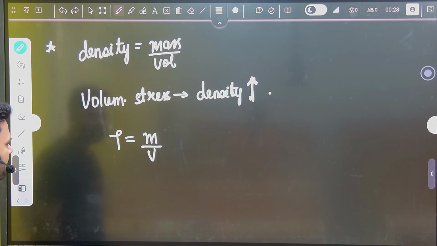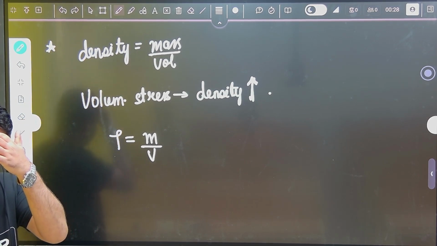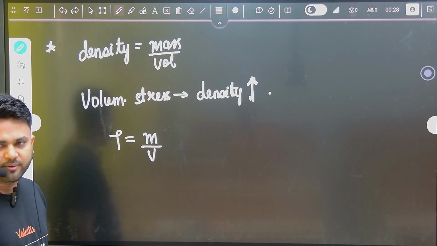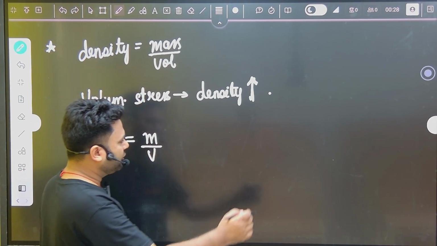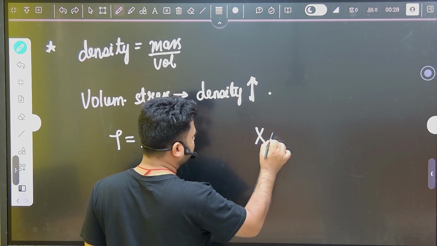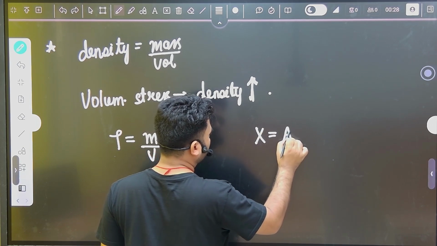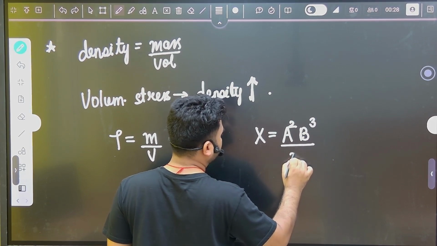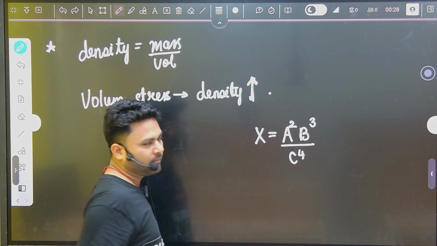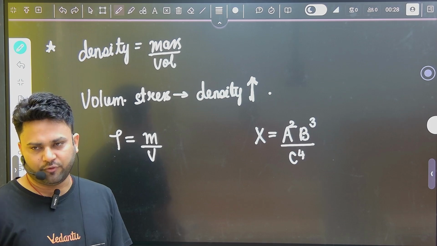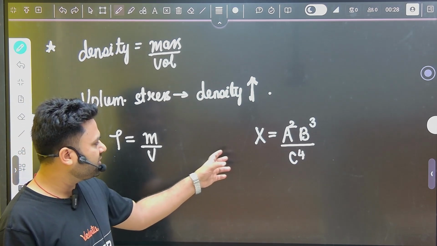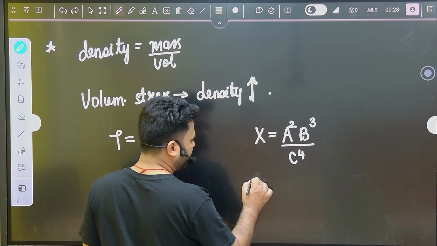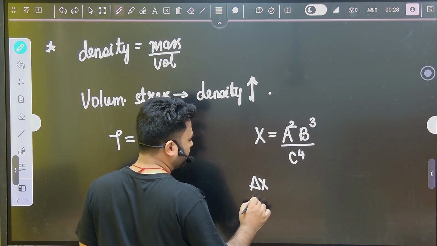From the unit and dimension chapter, suppose x equals a to the power 2, b to the power 3 divided by c to the power 4. Suppose you forget what was there in that chapter, for that sake I am telling you this. What we can write, delta x by x